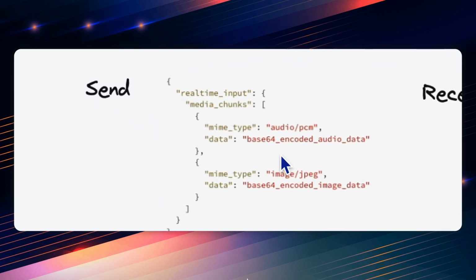It will send the audio and image data wrapped in a JSON object under the realtime input media chunks with a MIME type. So this is fully compatible with the current Multimodal Live API from Gemini. Make sure that the audio data is base64 encoded audio PCM, which is 16-bit, typically at a 16K